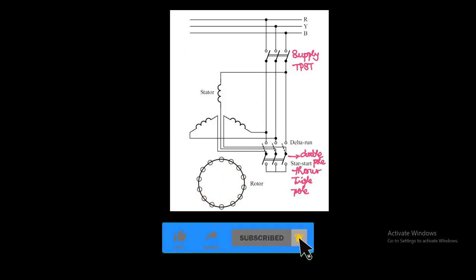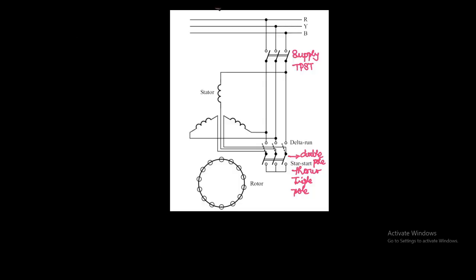Next we will see the important formulas regarding the induction motor. The first formula is Ns equals 120 F by P, which is very useful for problems. From this, if you want the frequency, F equals Ns into P divided by 120. If you want the number of poles, P equals 120 F by Ns. These are the first formulas we got in the induction motor.